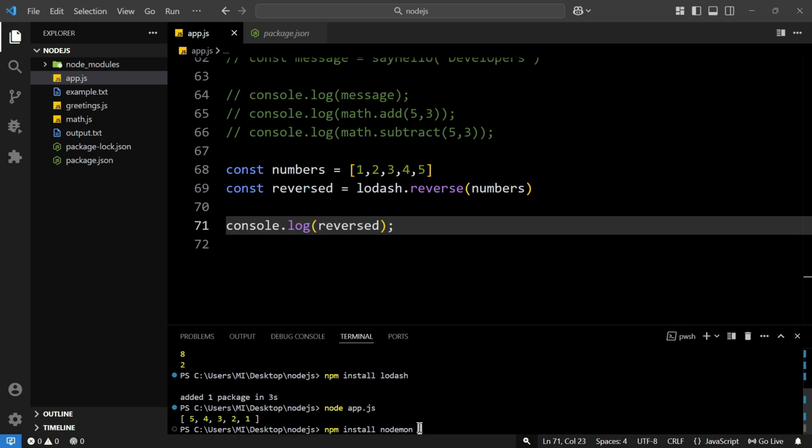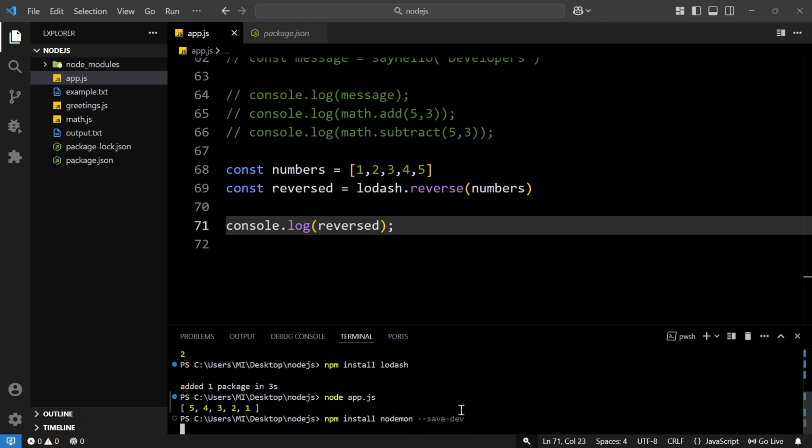But if you want this package only for the development purpose, then we can use the flags. So if we write --save-dev, we can install this package for the development purpose only. If I press enter,